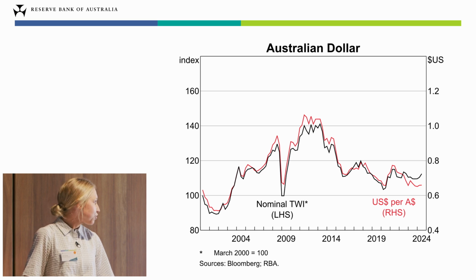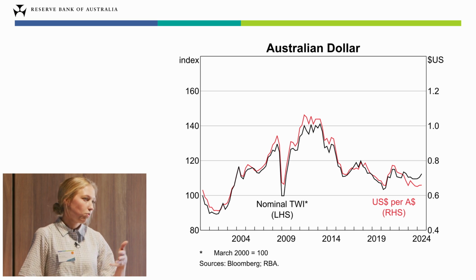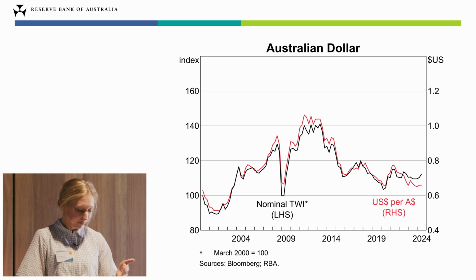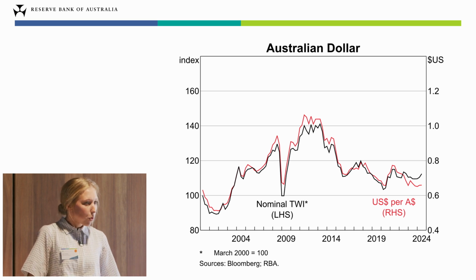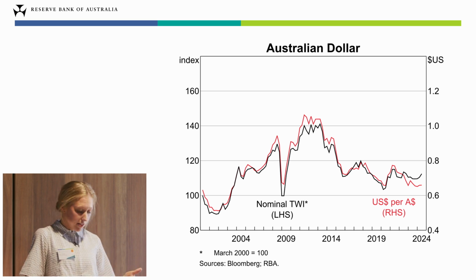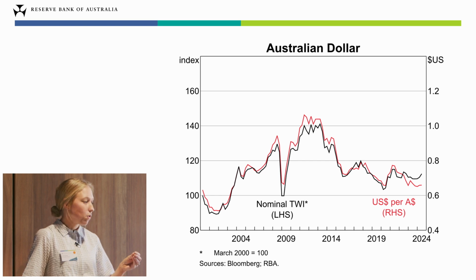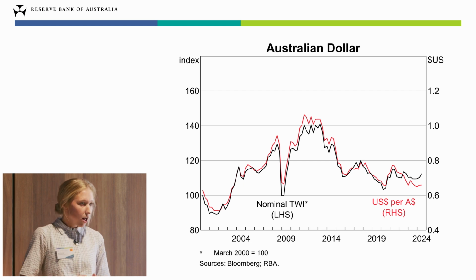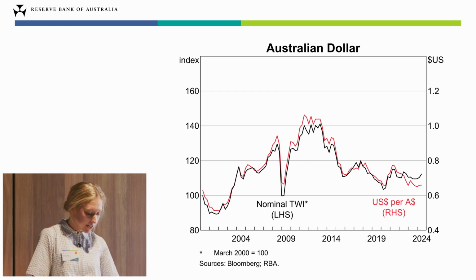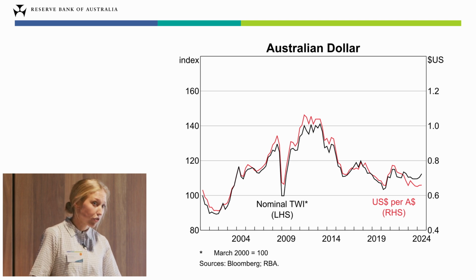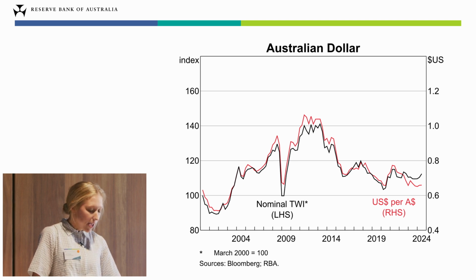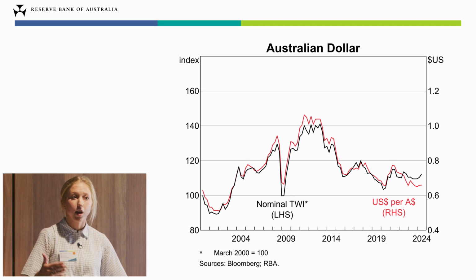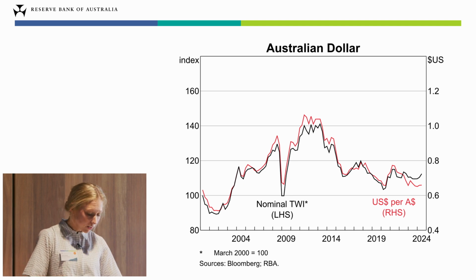Which brings me to the trade weighted index, or what we commonly refer to as the TWI. The TWI measures the value of a currency with respect to a basket of currencies, or a number of currencies at one time. This basket of foreign currencies reflects a country's major trading partners, and the weights that are assigned to them reflect the share of trade that the home country conducts with them.